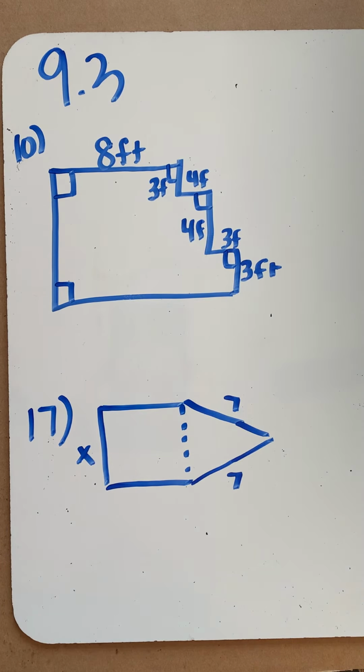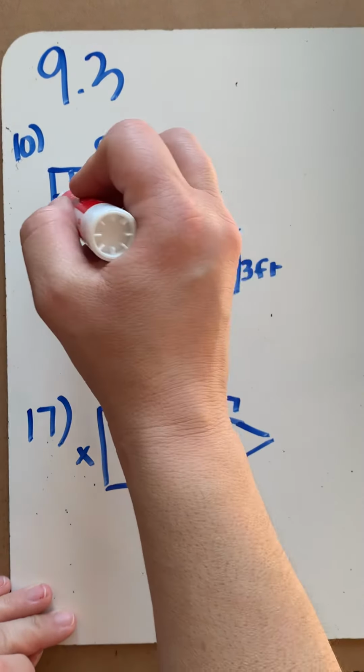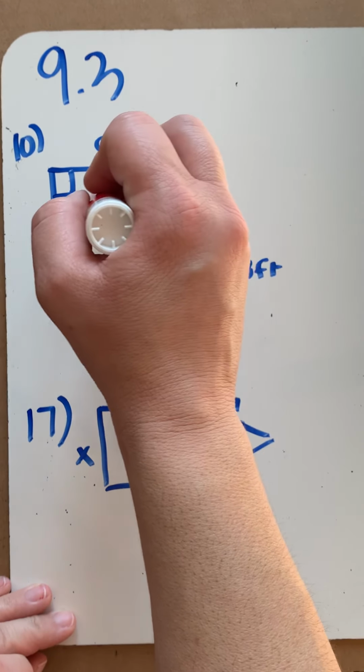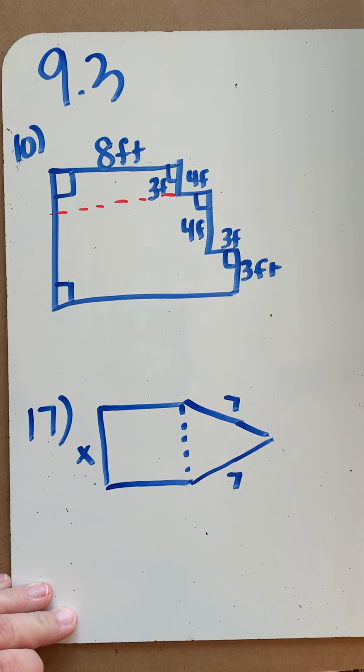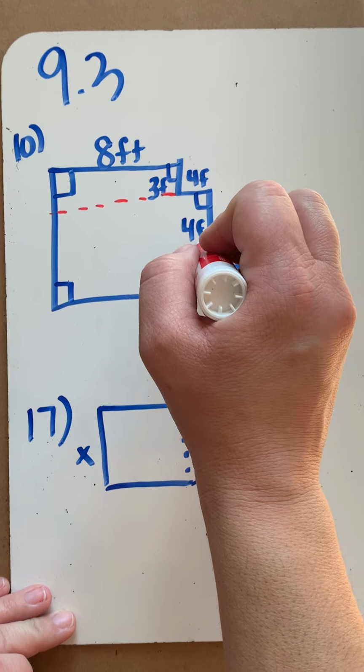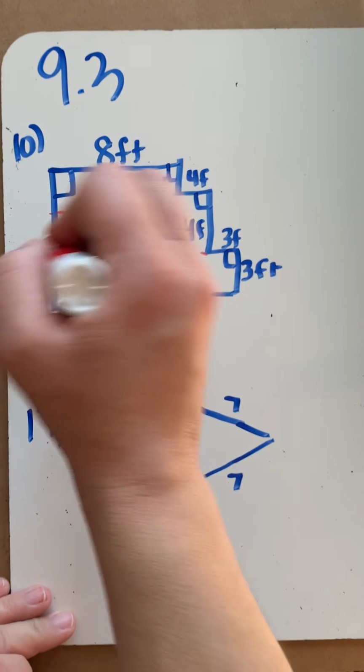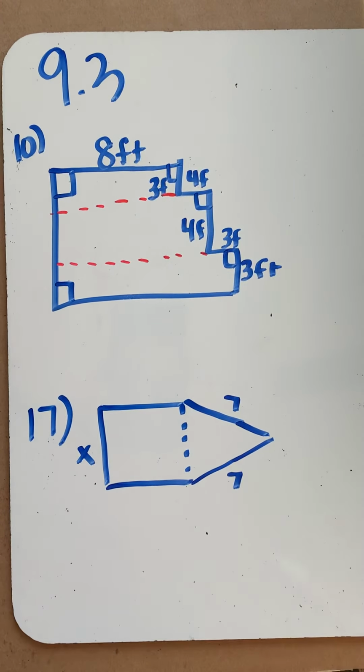Okay, and again, it depends on how you visualize things. The way I visualize this problem, I see this and I want to immediately cut this into one rectangle. And then I want to cut this one into another rectangle. And then that gives me a third rectangle. So I'm going to take each of those rectangles, find the areas for each of them, and then add them